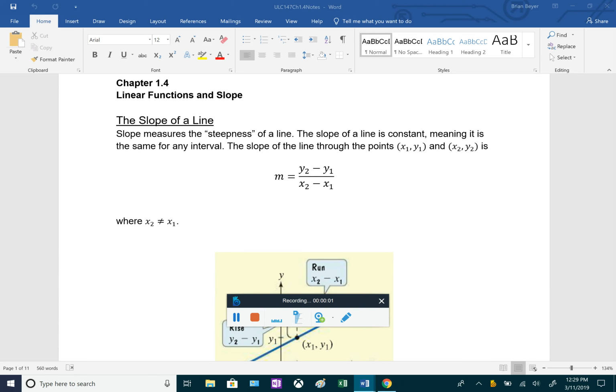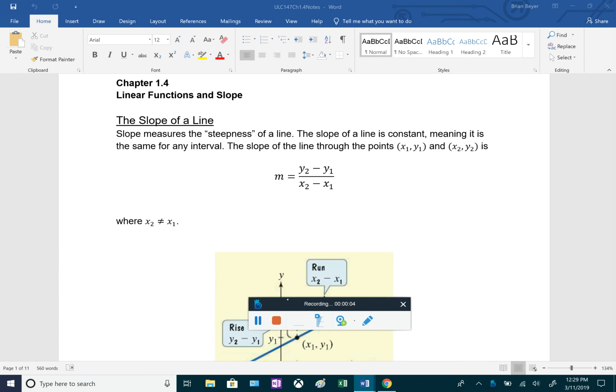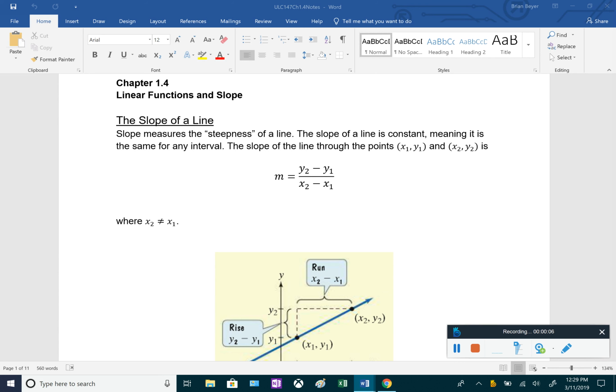Chapter 1.4 is going to be linear functions and their slopes. So let's start off with the slope of the line and the slope formula. Slope measures the steepness of a line, and the slope of linear functions, or the slope of a line, is always going to be constant. That means that if you did the slope over different intervals of that line, it's always going to be